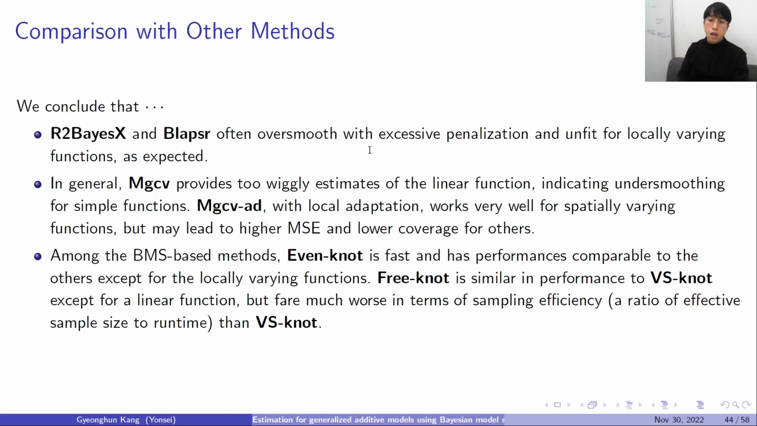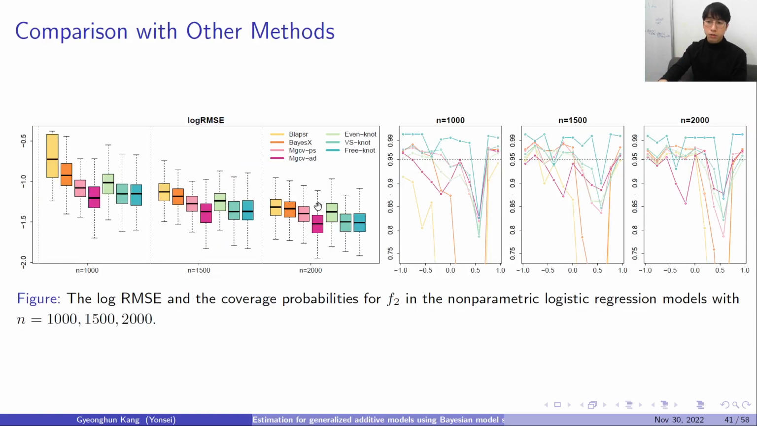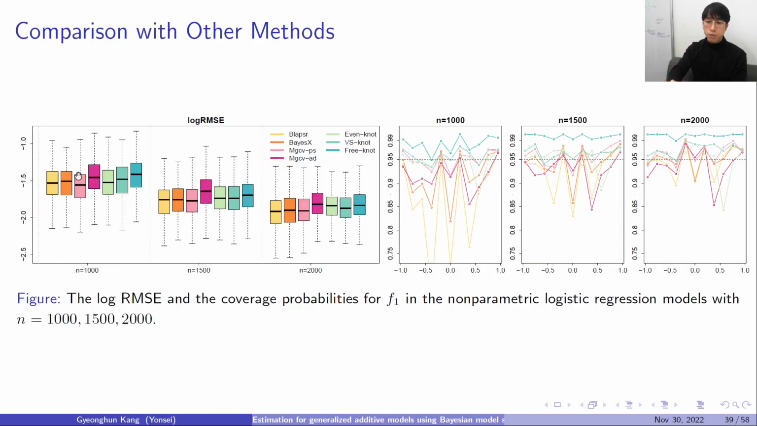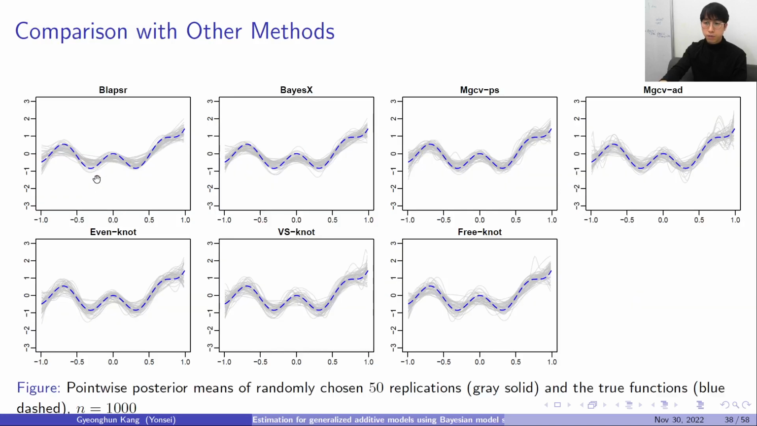So this is the inherent limitation of these methods. Compared to that, MGCB allows for adaptive estimation using a locally varying smoothing parameter. It's similar to global-local shrinkage priors in Bayesian model selection. But MGCB adaptive tend to work better for spatially varying functions, but these lead to a higher MSE and lower coverage for others. As you can see here, the MSE for MGCB adaptives were higher for the simple functions, right? Because they're producing overly